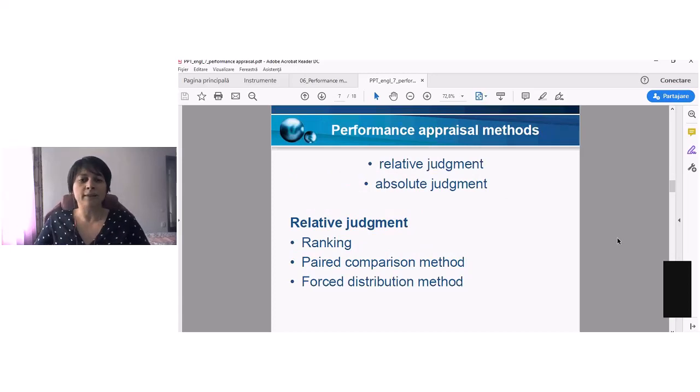When we use appraisal methods, we could use some relative methods or absolute judgment. I will give you some examples of methods that are considered to be relative, such as ranking. So a ranking evaluation method means ranking all your employees on a scale from the worst employees to the best employees that you have. So just rank all the employees from the best one to the least